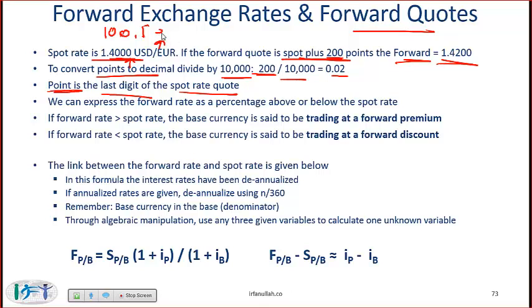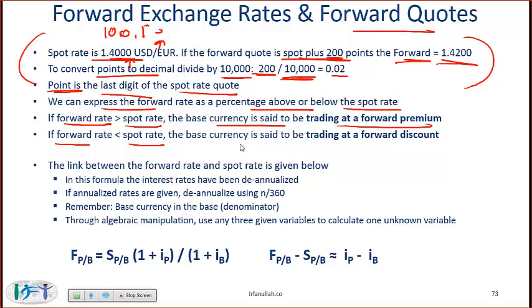But most currencies have 4 decimal places, so by and large, we will see points such as those shown in this example. We can also express the forward rate as a percentage above or below the spot rate. If the forward rate is greater than the spot rate, then we say that the base currency is trading at a forward premium. If the forward rate is less than the spot rate, then the base currency is trading at